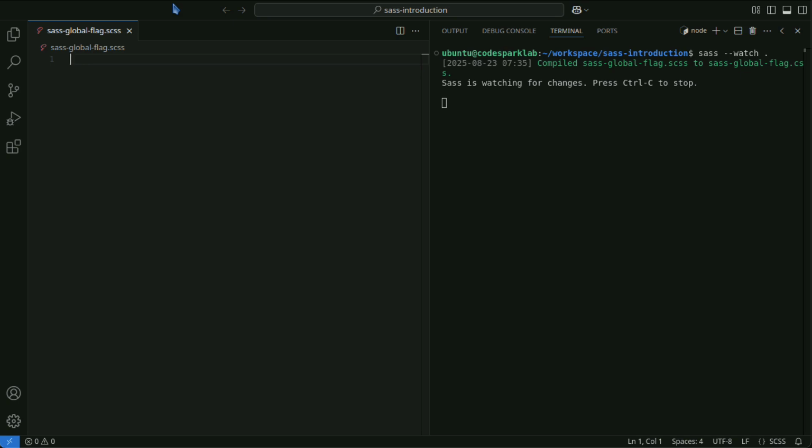This time, we will cover the global flag in SAS. We will explain the detailed mechanism, usage examples, and precautions of the global flag. Enabling subtitles will make the code descriptions easier to understand.